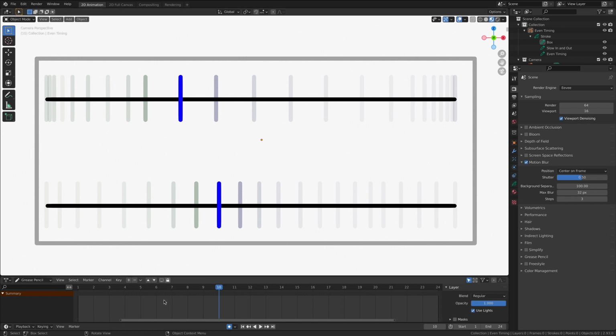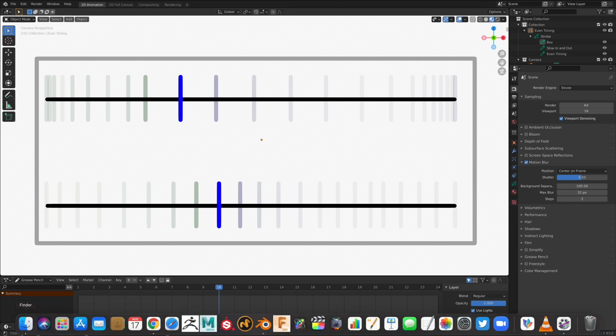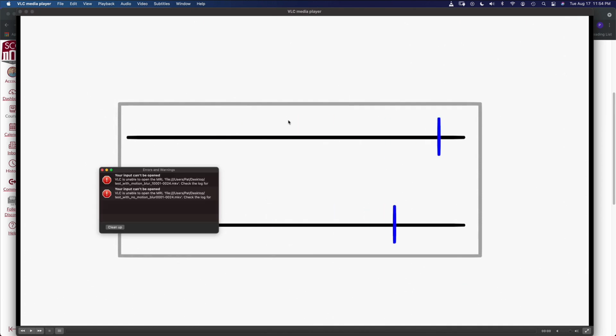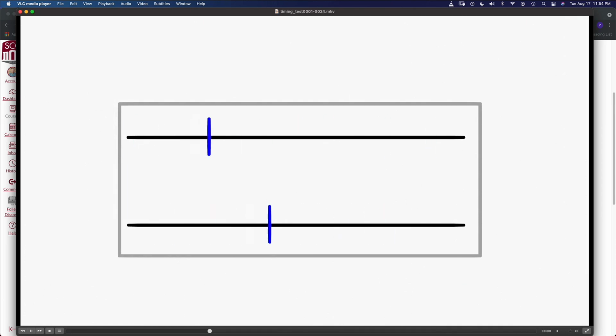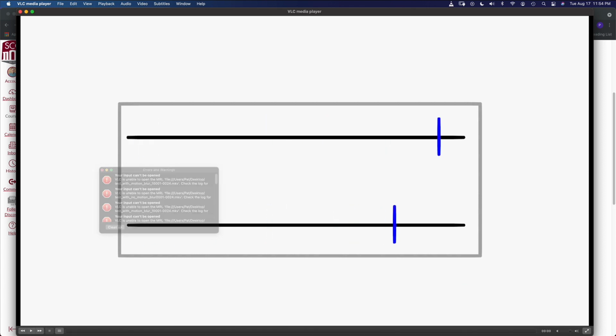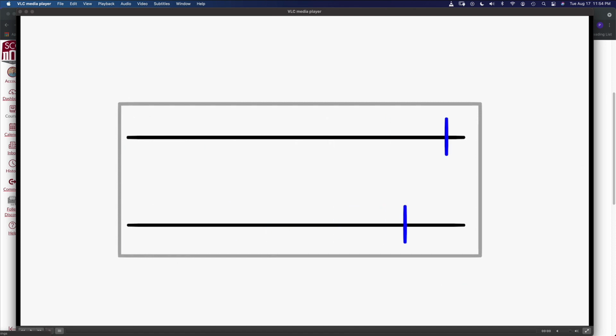Now, if memory is served, I saved my animation to my desktop. And there it is, Timing Test MKV. That's the open source video file format. If you double click on it, there we go, got some error messages, so that's okay. And you can see, oops, something wrong with opening a file on my desktop. I apologize, but you can see that the file is working just as it should, quite wonderfully inside the computer itself.